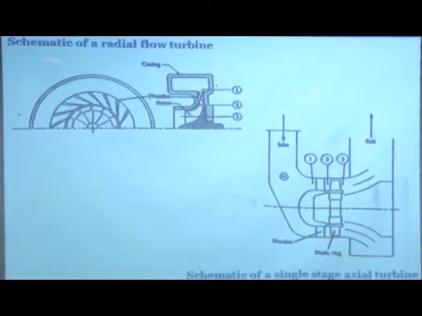So, this is how the cross section of a radial flow turbine looks. You have these cut sections. This is the inlet and from here the exit takes place. You know how a turbine works. Basically in a turbine you have high pressure and high temperature and you allow the air to flow through nozzles, and when you do that the velocity will increase, and they will transfer their momentum to the moving blades.